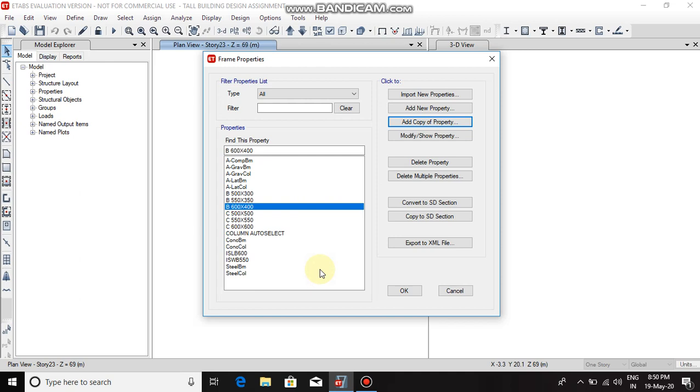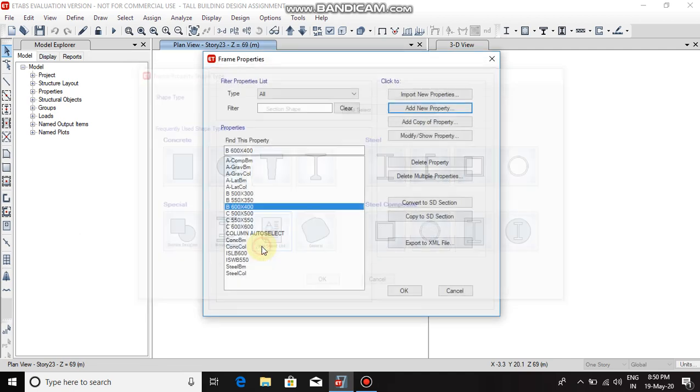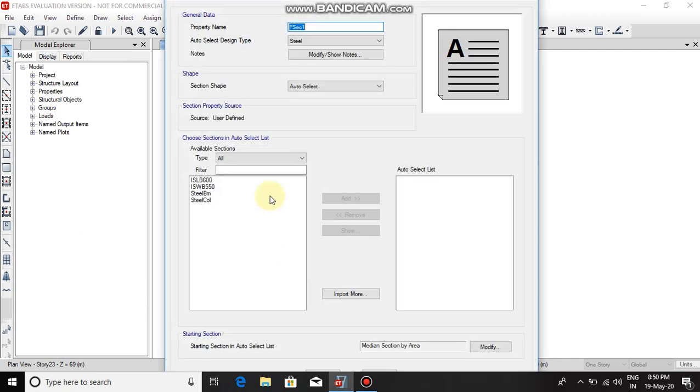Now for the auto select list for beam, select Add New Property. From here select Auto Select List. Change the property name to Beam Auto Select. Design type to concrete.